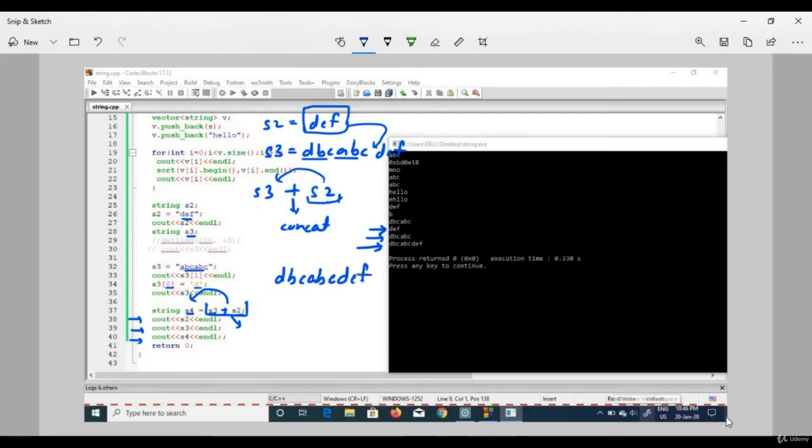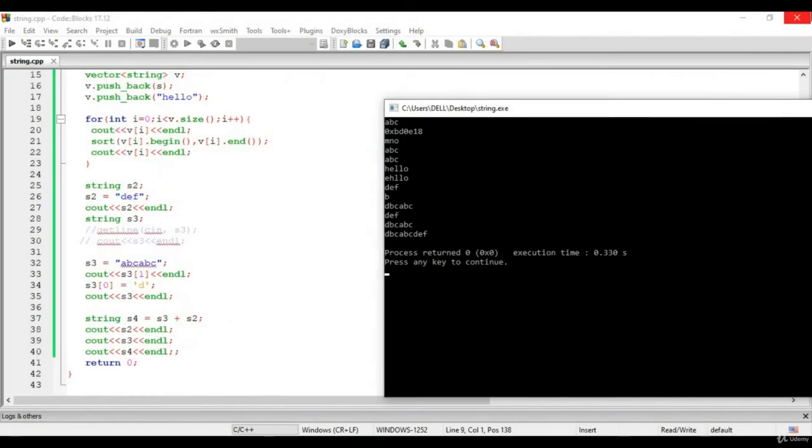So this plus operator can concatenate two strings and there will be no effect on S3 and S2. It finds the result and returns it, and that result we are storing in string S4. Correct? That is the power of string class. With the help of this plus operator, we can simply add two strings.